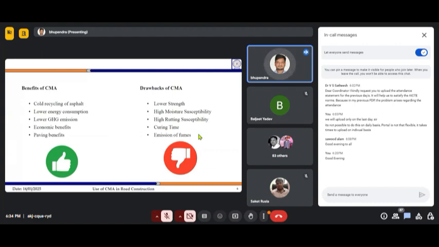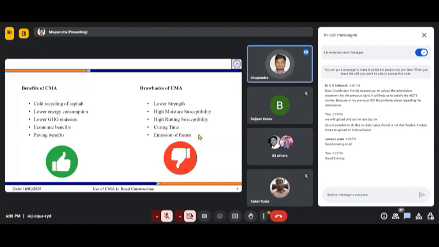So what happens in hot mix asphalt technology is that during production, the bitumen is heated, as we have discussed, to 160 degrees Celsius. Because of this heating, short-term aging occurs. Because of that heating, bitumen becomes a little bit hard. Some of its oily components get evaporated and it becomes hard.